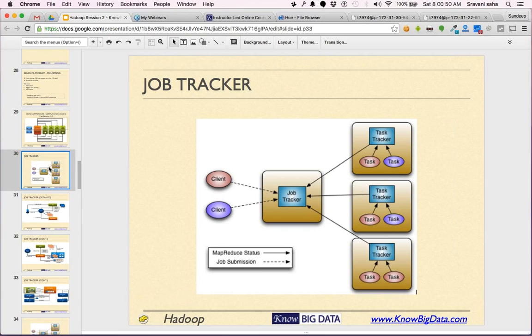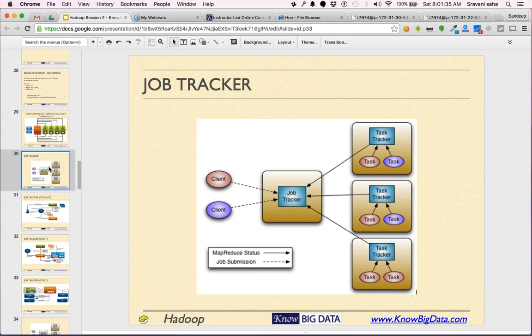Now, the job tracker takes that work, and it runs your program on every block of your file. And where is every block located? On the data nodes. There are many data nodes in the network containing many different blocks, and the job tracker first finds all those nodes which contain the blocks of your file. Not all nodes contain the blocks of the file, so it will first try to find out which nodes contain the blocks of the file and which ones are